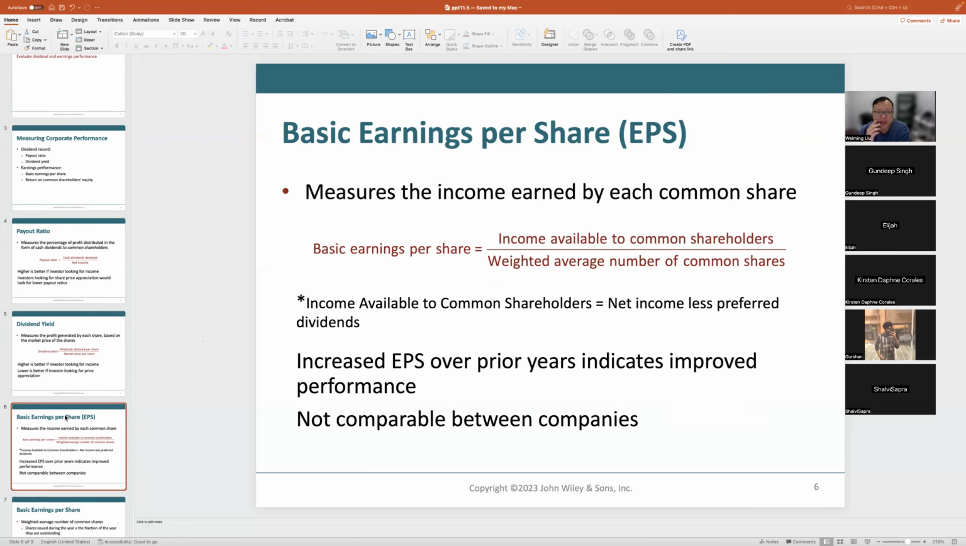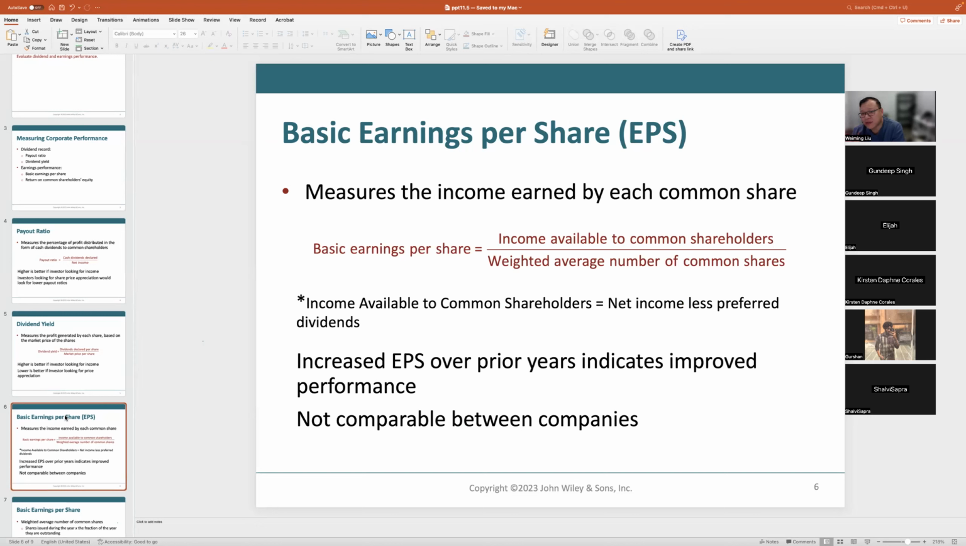Basic earnings per share. So you are wondering in terms of per share. If I'm an investor and I invested in 10 shares of the business, I may wonder how much earnings per share. Let's say that per share they earn $1, and I have 10 shares, so I'm going to earn $10. So the earnings per share,